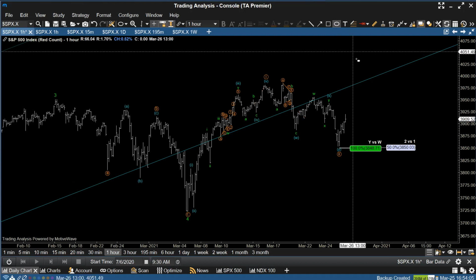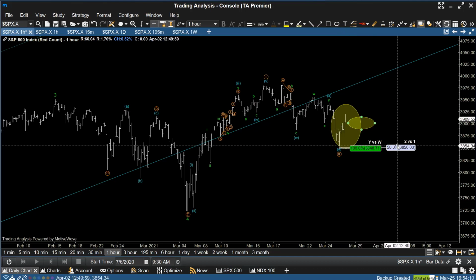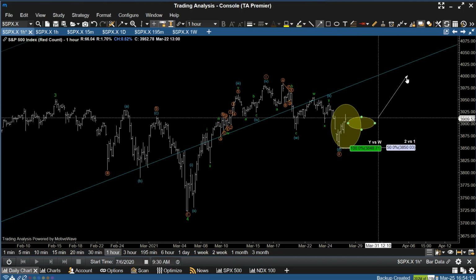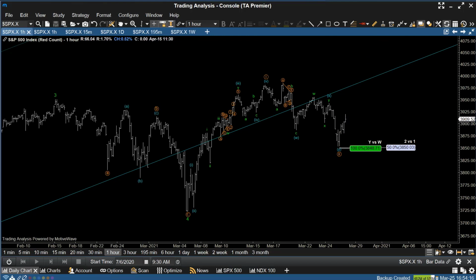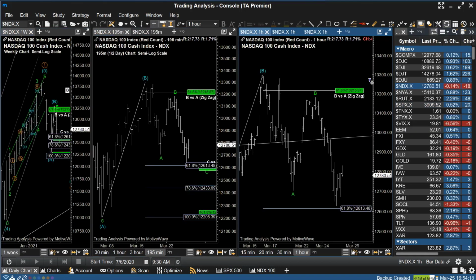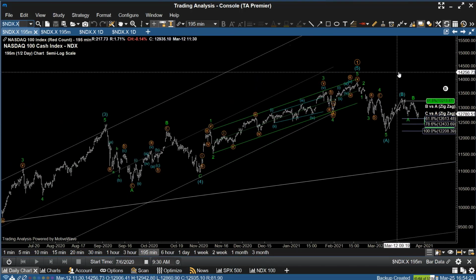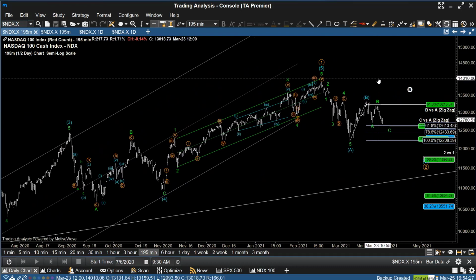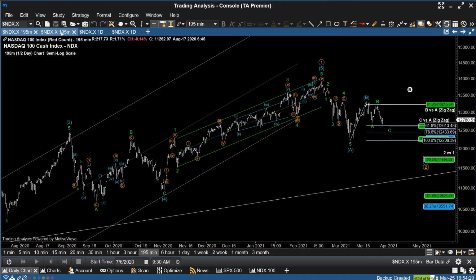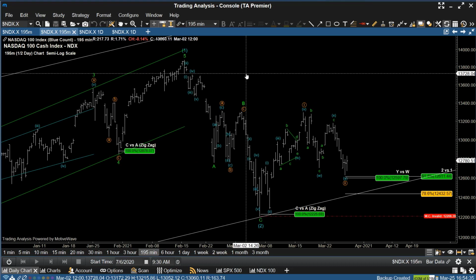It also represented about a 50% retracement. So if you can see a motive wave printed here and some sort of a corrective pullback, that will, in my opinion, begin to confirm the upside resumption in the markets. From the S&P, we'll visit the Nasdaq. In the Nasdaq, we haven't retraced obviously to new highs such as the S&P has, but we have seen a five-wave move. So if we don't get some sort of a secondary move lower, which still remains a strong possibility for tech and the Nasdaq,